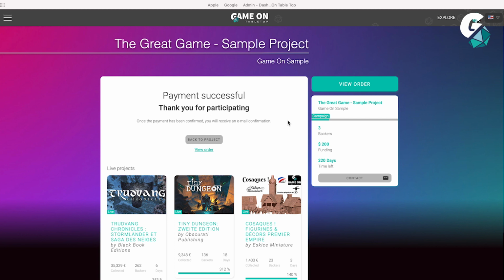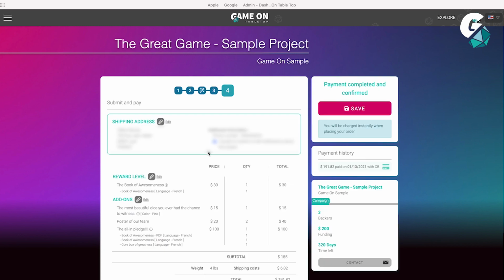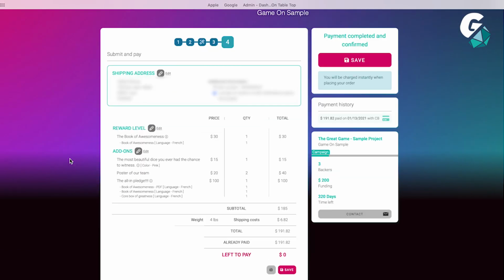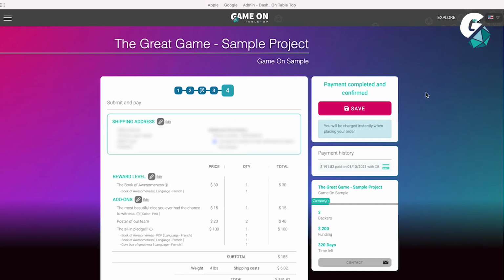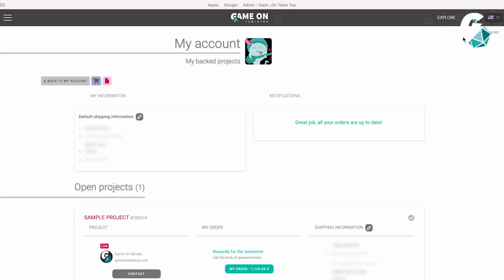If you want to still view your order to make sure that you didn't make any mistake, you can just click right here to see your final order. And if maybe you've closed this page and you forgot to save it, don't worry, you can find all the information on your pledge by clicking right here on your account and clicking on pledges. And that's it. Congrats, you've backed this campaign.